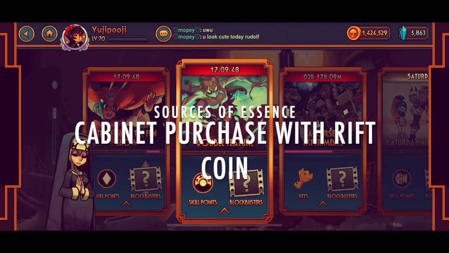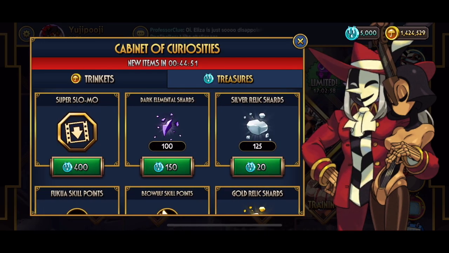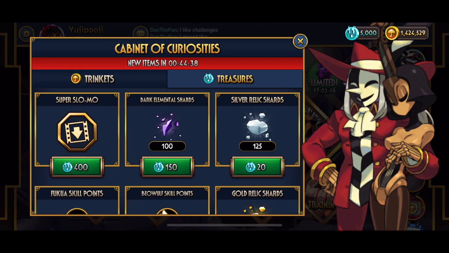Lastly, if you really want to rush evolving your gold fighters, you can spend Rift Coin in the cabinet for varying amounts of shards. Now one last thing, elemental shards are arguably the hardest materials to farm in bulk. Elemental prize fights change every week, and daily shard rewards are randomized. Because of this, it will take a really long time to complete an entire set to evolve a single gold